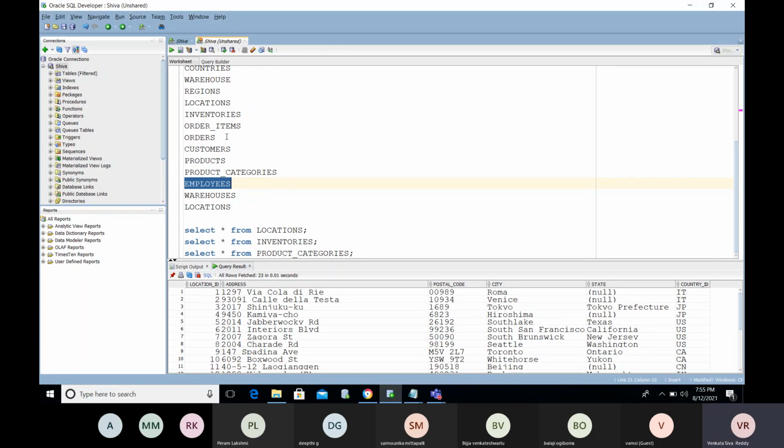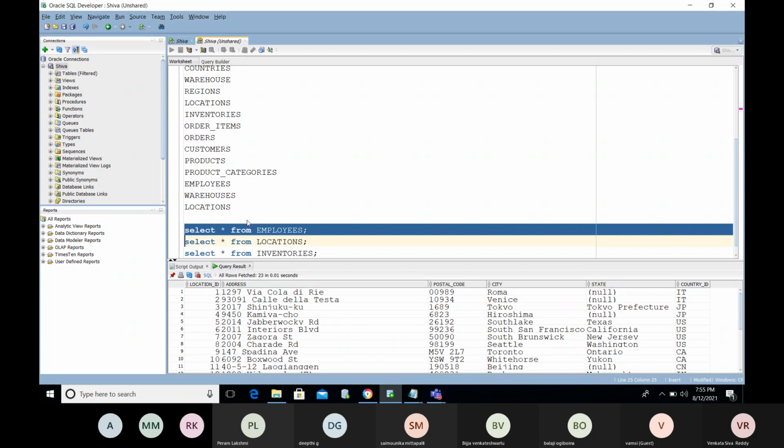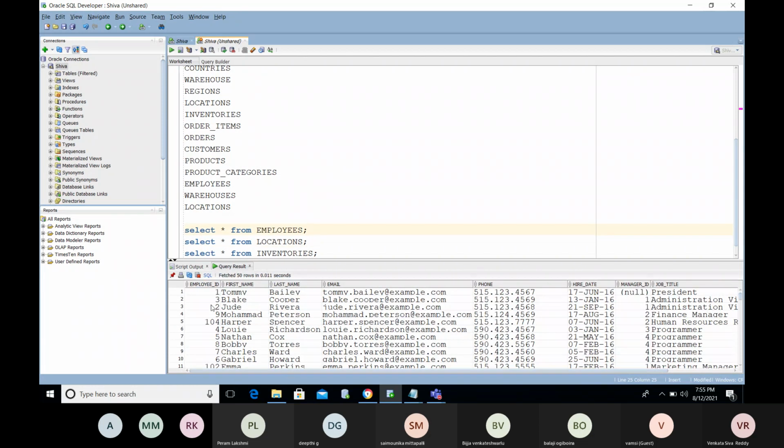Warehouses, not inventories, orders, customers, manager ID, something like sales ID. Employee ID has this information. Manager ID is linked with this only.